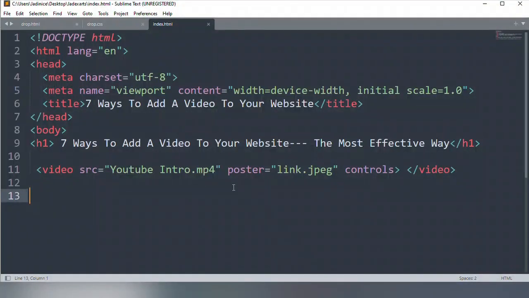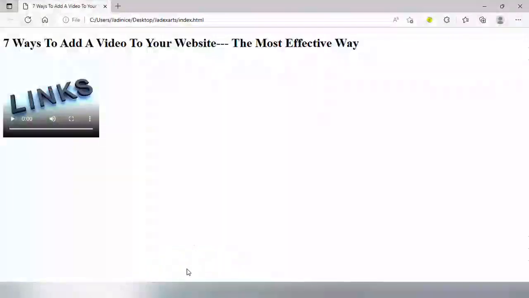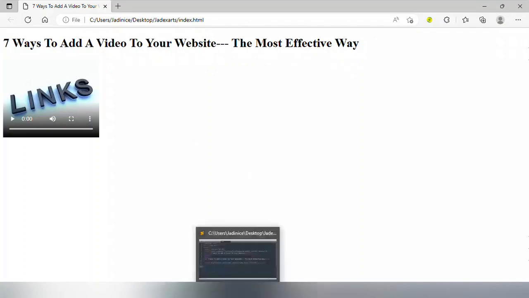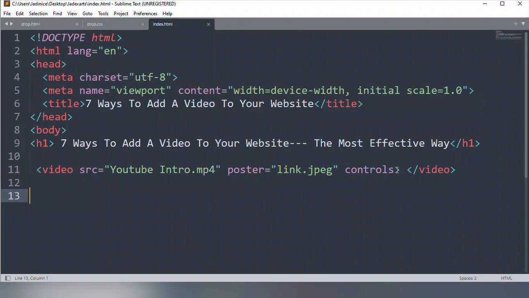So I'm going back to our text editor and I've opened the HTML file, and as you can see, the video source, the poster is still there, and the controls, the play button and the volume, they are all there. So to adjust the size, we are going to use two attributes, the width and the height. Let's put it before the controls. Okay, so I'm going to add the width and the height.